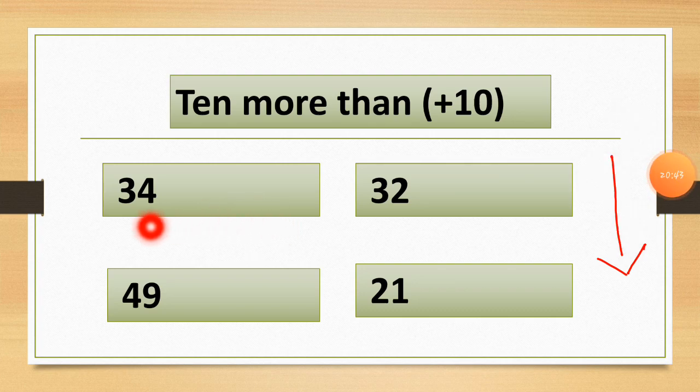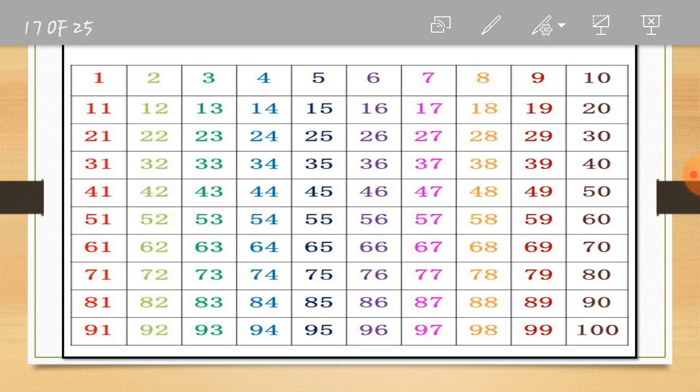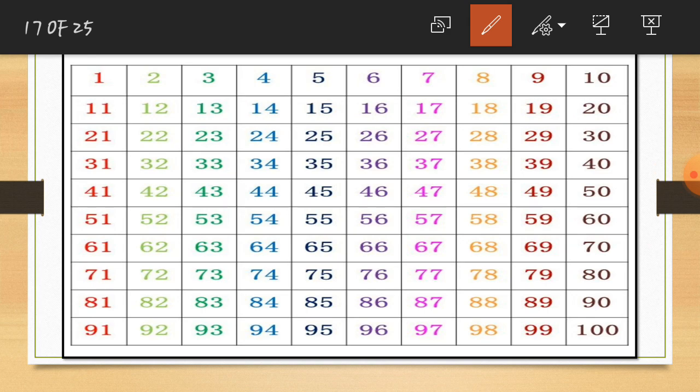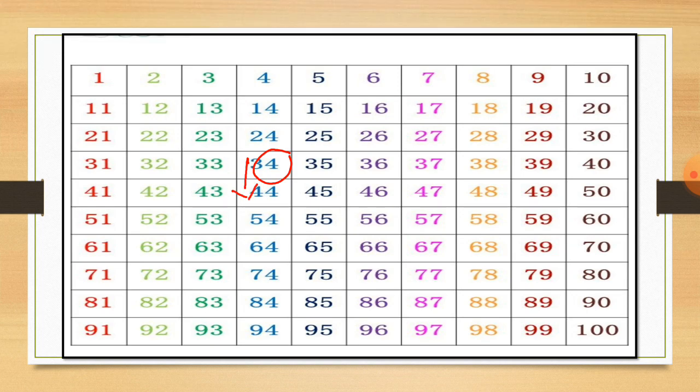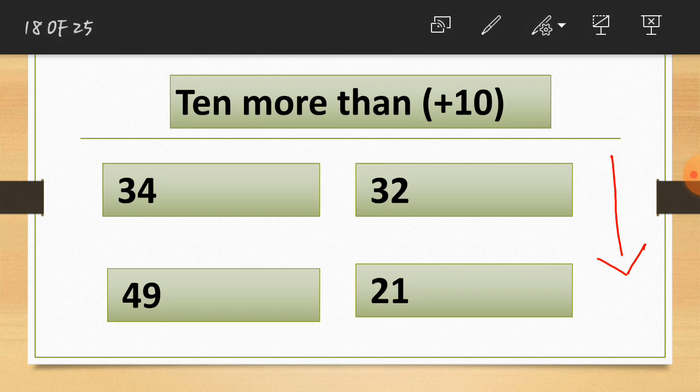So students, here is the number 34. Let's see using the hundreds grid whether we are getting the right answer or not. So in this hundreds grid, let's check the number which is 34. I circle 34 here and we have to just go down one step. So we will get the right answer which is 44 here. You can see this through the red dot. We are getting the 44 number if we move one step down. So let's write the answer which we get here: 44.